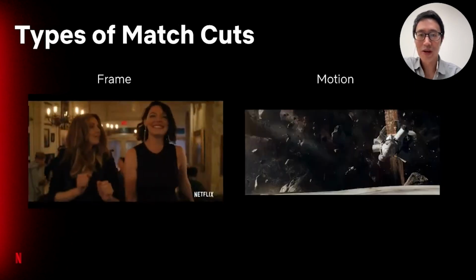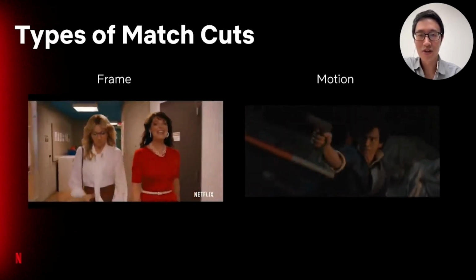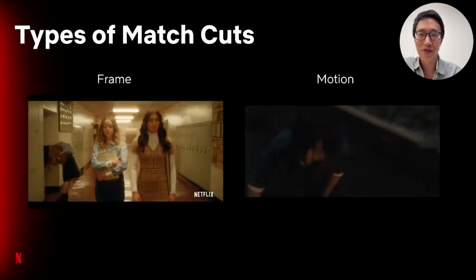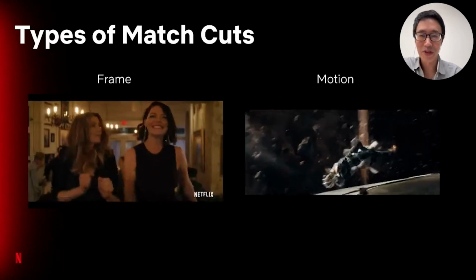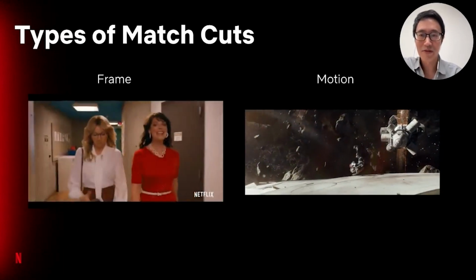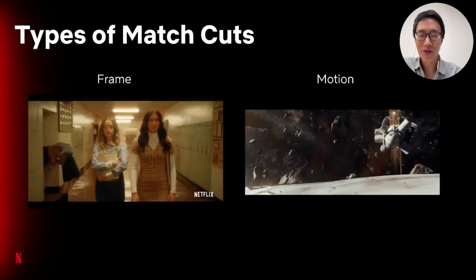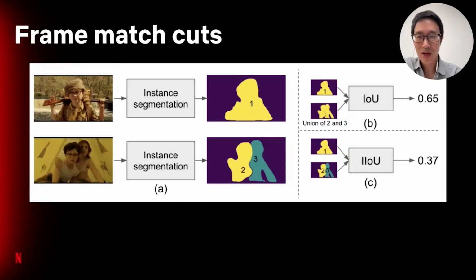Match cuts can be made by matching any number of visual or auditory elements, such as action, composition, or sound. But in this paper, we focus primarily on 2 types: matched framing of characters and motion-based match cuts. For frame match cuts, we use instance segmentation to obtain instance-level binary masks. In one approach, we take the union of masks and use intersection over union as a similarity function. In a second approach, we preserve the instance-level binary masks for the representations and use instance-level IOU as the similarity